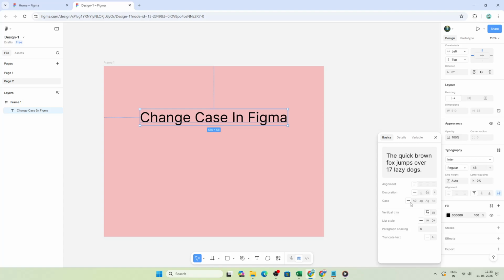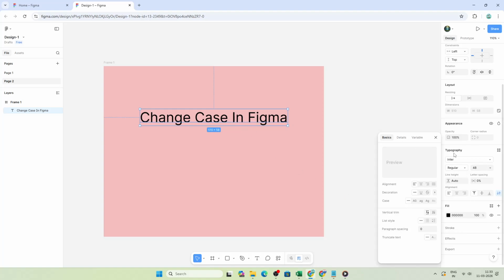A helpful detail to remember is that these settings are non-destructive. You are not permanently changing the characters you typed. You are controlling how they display. That means you can try out different options freely and return to as typed at any time if you want the original casing back. If the Case menu isn't visible, make sure you've clicked the Type Settings icon in the